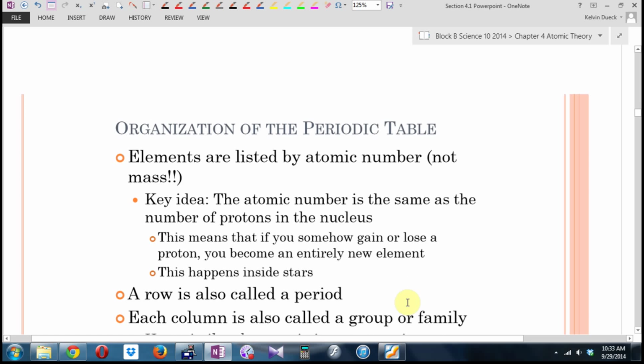Each column is called a group or a family. So the first column is part of a certain family. The second column,